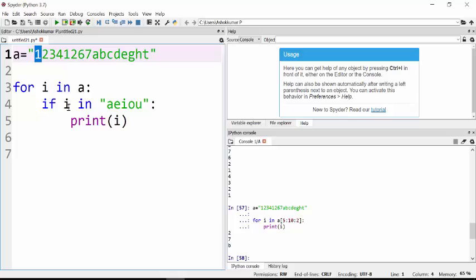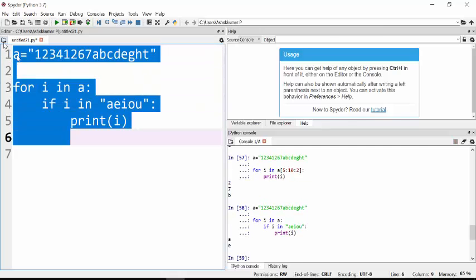You can see that 1 is not present in any of these characters, so it returns false. Likewise, the iteration goes on, and until it finds a vowel, the condition will be false. As soon as there is a vowel in the string, it will start to print that vowel. Let's run this code and you can see there are only 2 vowels present in